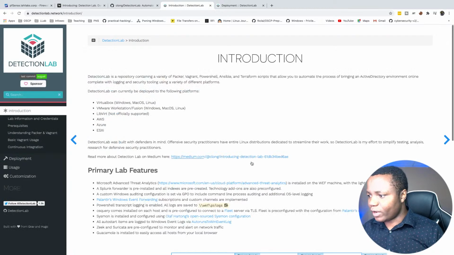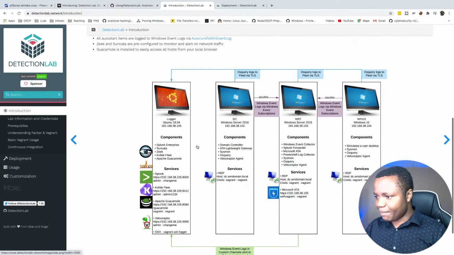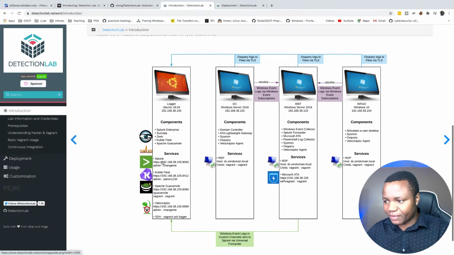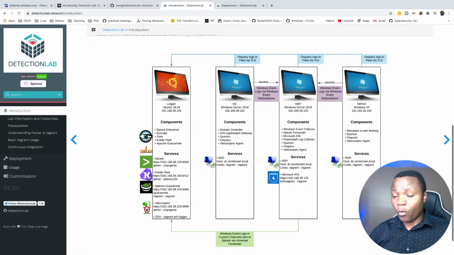I think this is the setup page. So this is just the Splunk interface. You have other interfaces here. And if you're still curious what we are doing, we have this lab, and the whole goal of this lab is